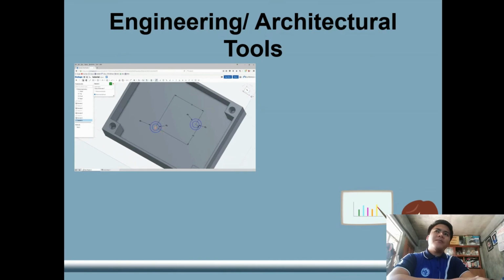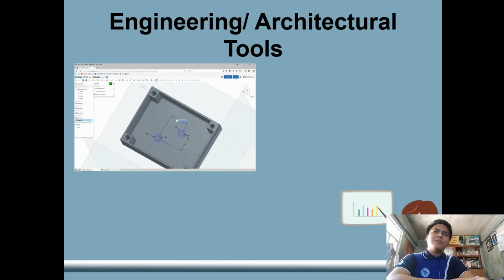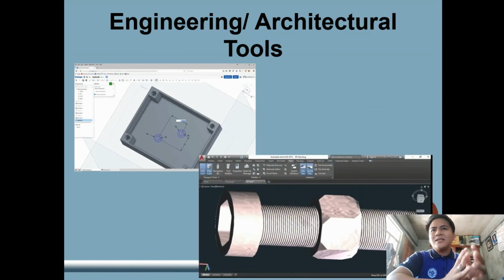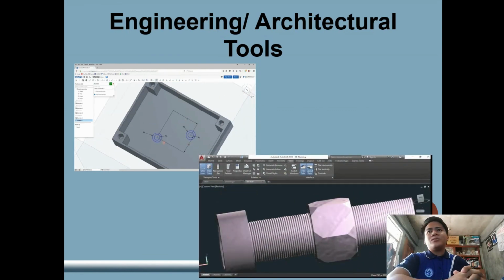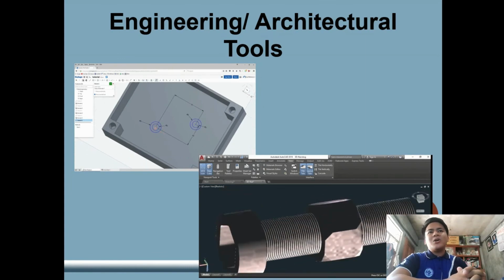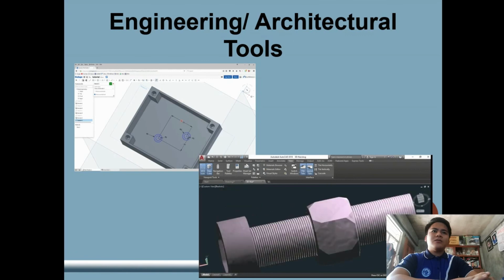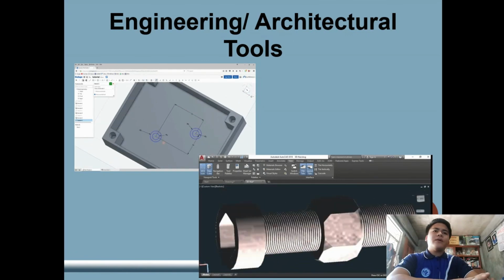Ito yung mga ginagamit ng mga engineer or architect para maisabuhay kung ano yung mga dinedesign nilang mga structures. This is an example output or procedure kung paano ginagamit si AutoCAD. So that is engineering or architectural software.